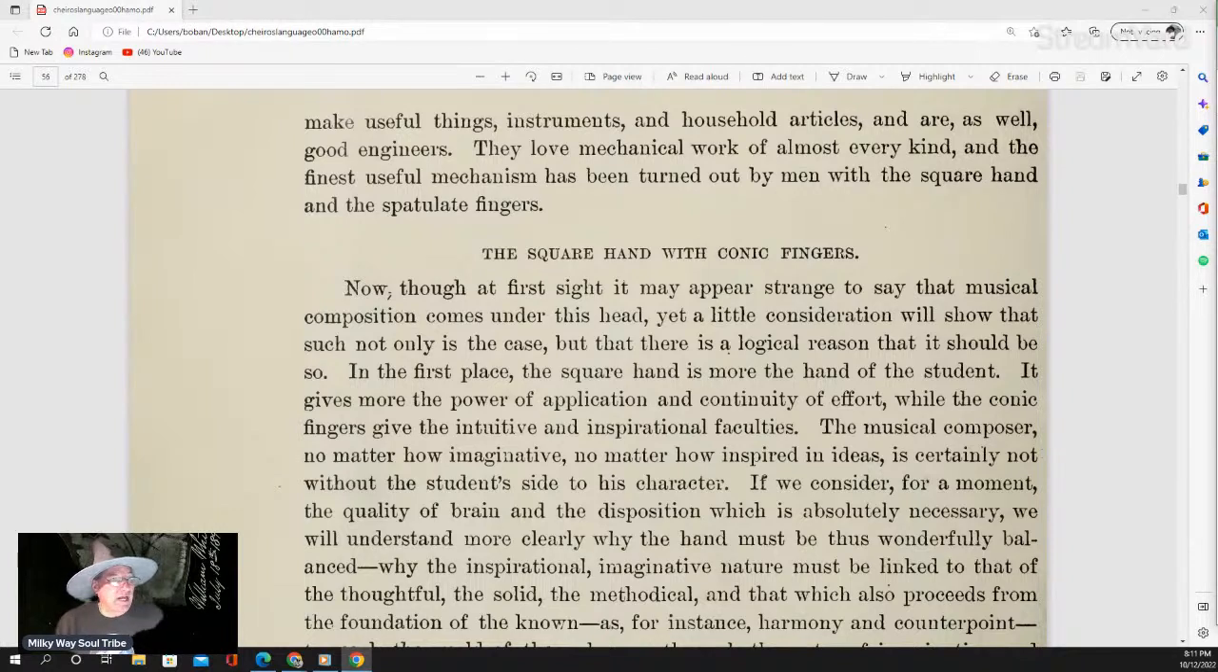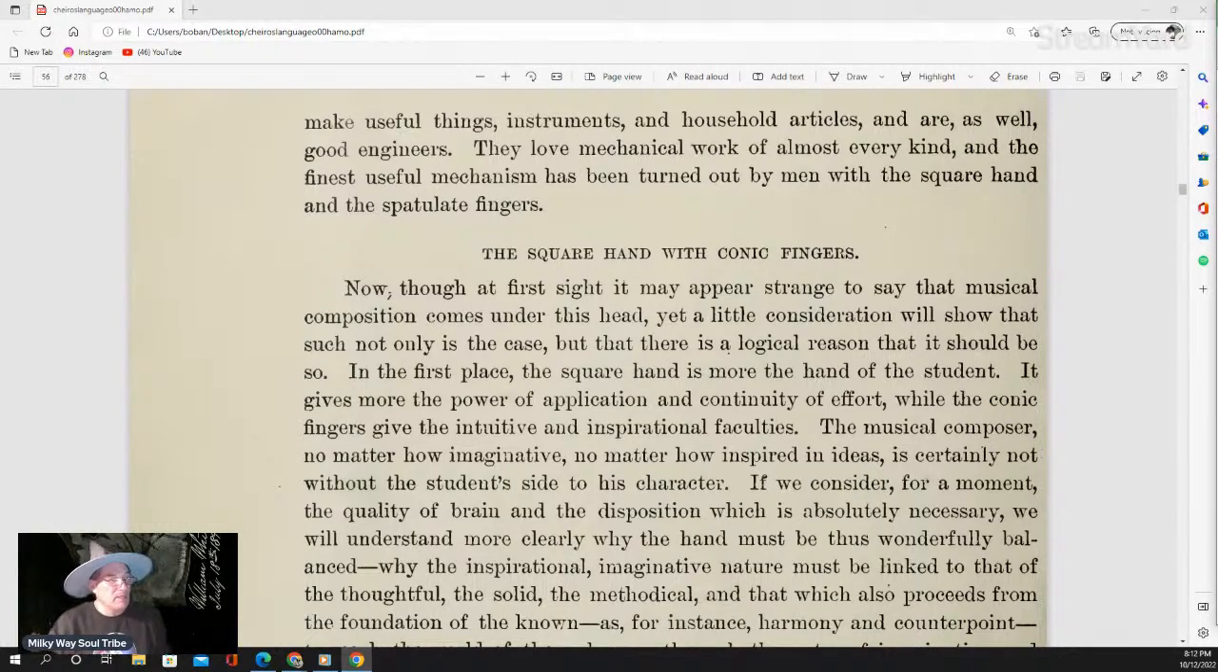Now, though at first sight it may appear strange to say that musical composition comes under this head, yet a little consideration will show that such not only is the case, but that there is a logical reason that it should be so. In the first place, the square hand is more the hand of the student. It gives more the power of application and continuity of effort, while the iconic fingers give the intuitive and inspirational faculties. The musical composer, no matter how imaginative, no matter how inspired in ideas, is certainly not without the student